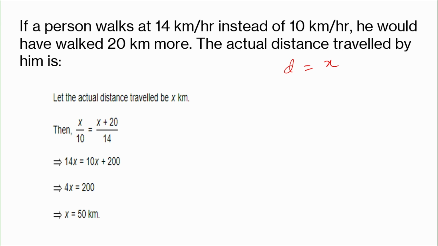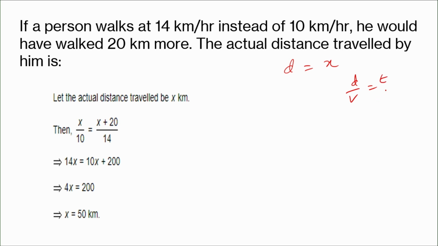Okay. So, here two conditions. What is the condition here? The condition is a person, the actual distance here, the time. So, we can say 14 kilometers per hour, when he travels at 14 kilometers per hour, and you know that simply distance by speed